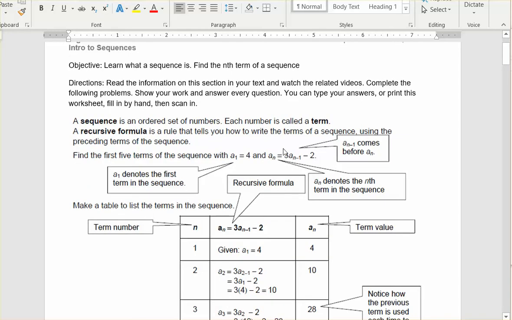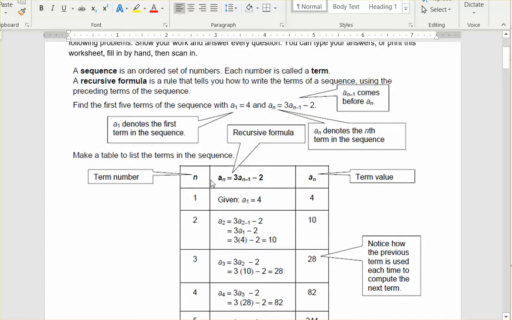We can write a recursive rule, which says to take the number before it and then do some stuff to it. So this recursive formula says that to find any term, you would take 3 times the number before it minus 2. So that's the rule. N denotes whatever term you're looking for. So in order to find the second term, you would take 3 times the first term, which is 4,